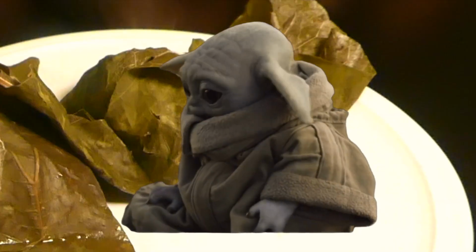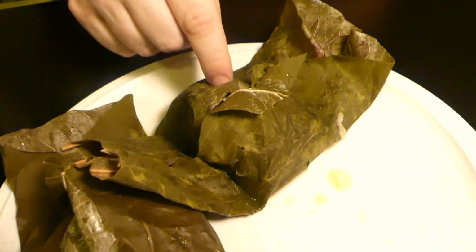There are 2 things this kind of looks like to me. First of all, your typical sticky rice roll. Number 2, kind of looks like Baby Yoda. What? Little ears and little eyes and